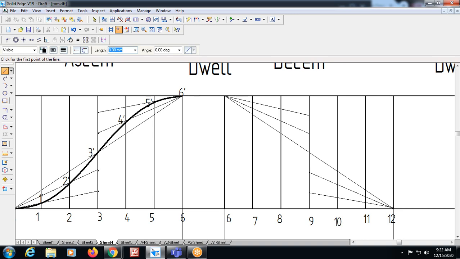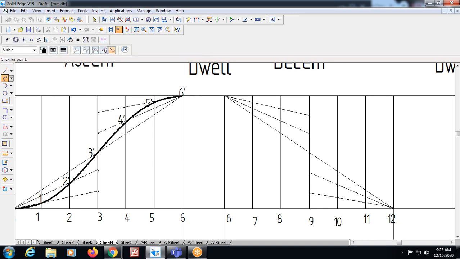This you have to divide again into 6 equal parts, that is 40 by 6. Whatever lift or stroke is given, you have to divide it into 6 equal parts. Here it is 40, so 40 by 6, around 6 point something you got. So the same thing you have to do. Next, the intersection of these points. So I'll directly draw the curve.